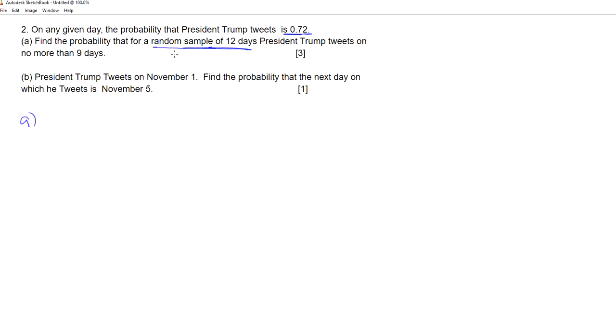The fact that we have to look at 12 days and find out whether or not more of them are 9 was it. Our trials is obviously 12. This is a binomial distribution. The probability of success is 0.72, and we want to find the probability that x is less than or equal